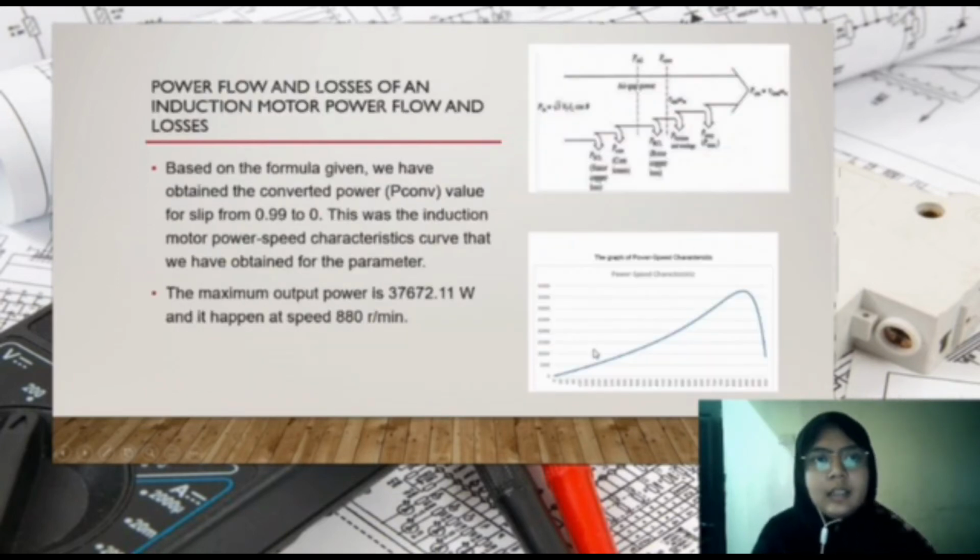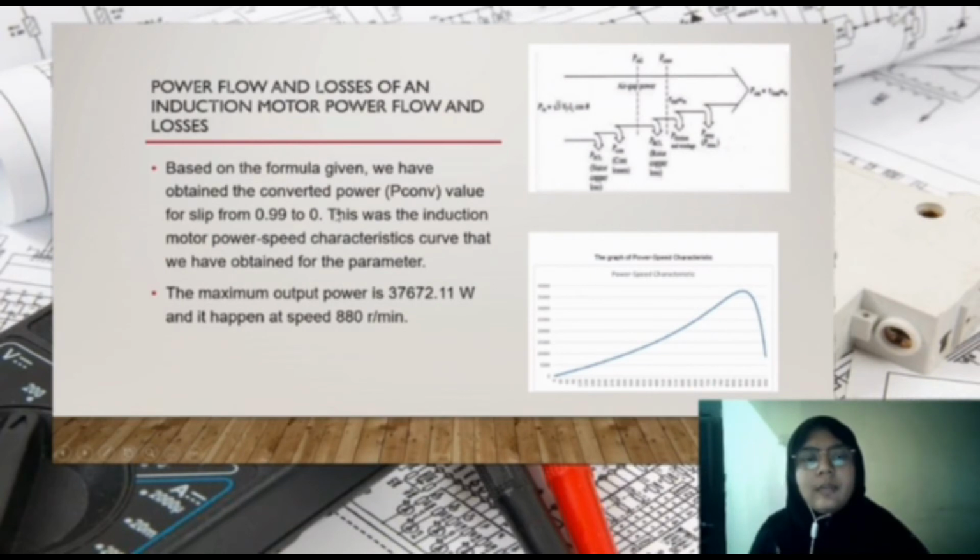And after that, for the power flow and losses of an induction motor, this is the figure that can be related based on the formula given. We have obtained the converted power, P convert, for slip from 0.99 to 0. This was the induction motor power speed characteristic curve that we have obtained for the parameter. The maximum output is